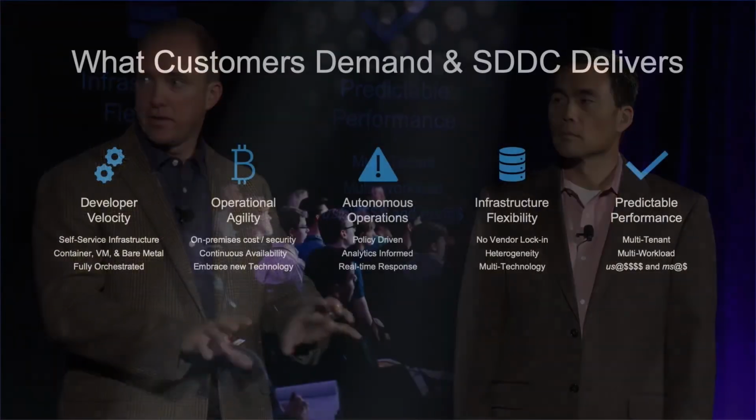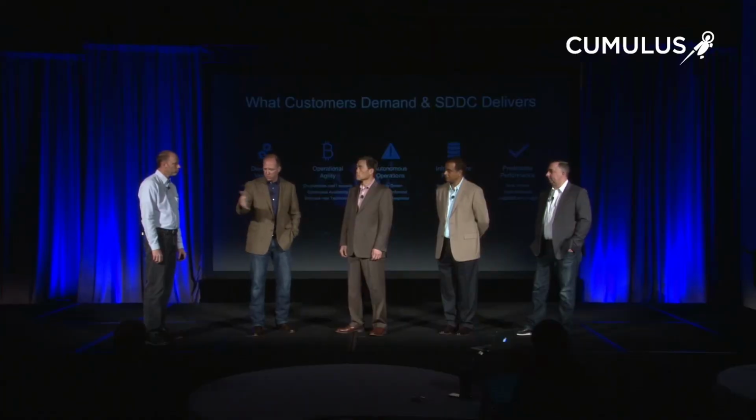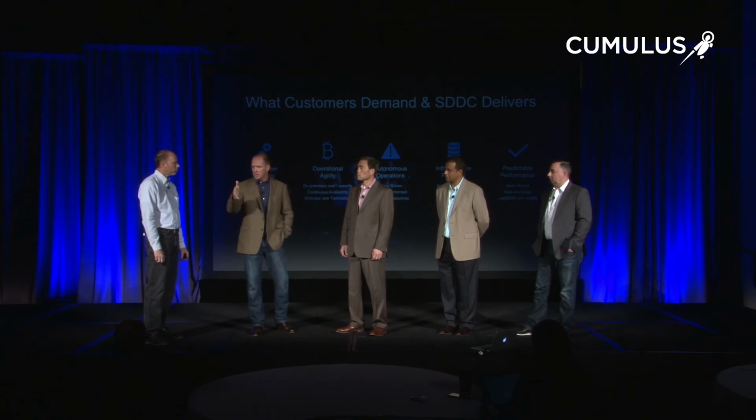But in this world where customers want software-defined, agile, predictable performance, the only way we can even achieve predictable performance is having intelligent platforms that have the KPIs fed up to an AI engine, a methodology that gives us the ability to understand what is being consumed, who's doing the consumption, and more importantly, how I can take it back to the business and say, here's how you're consuming it. Do you wish to put a policy on it? Maybe you wish to put a gate on it. Maybe you wish to do whatever, but at the end of the day, it's being able to show the business how this ecosystem is being consumed.